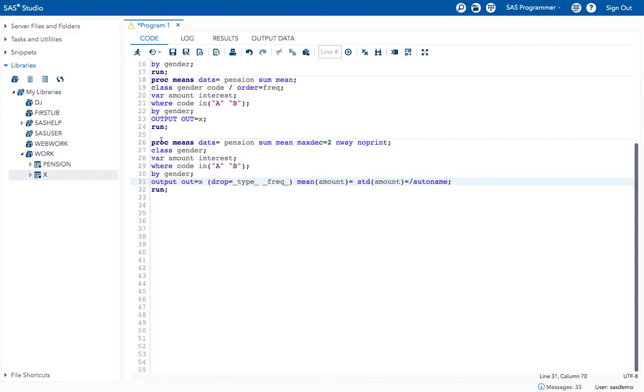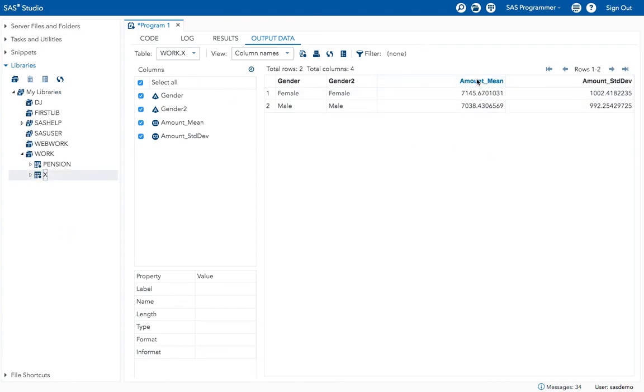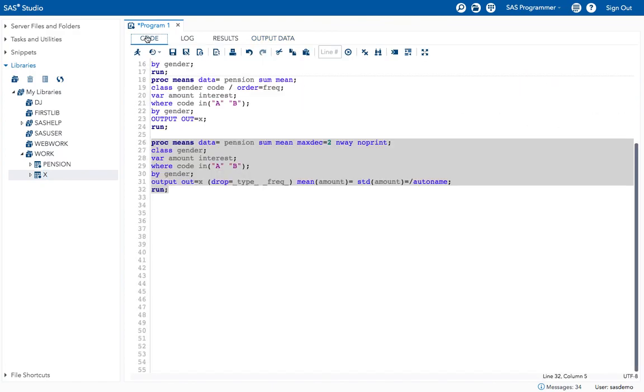So it generates the output variable names. Now execute the program. See, now it created amount underscore mean, amount underscore standard deviation. Okay, like this we can give the automatic names also by using the AUTONAME option.